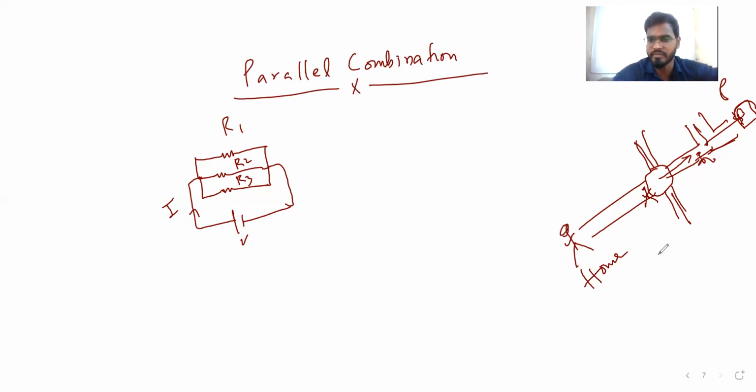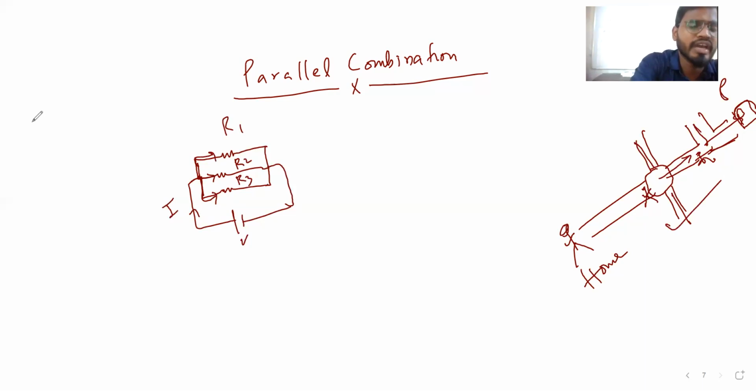It means whenever current will get confused, as you are getting confused here, that type of combination is known as parallel combination. Let's see, current is I. Current will come here, and then current can go in this direction, or in this direction, right? So three different directions, current will get confused. So we can say whenever current will get confused, then it is a parallel combination.